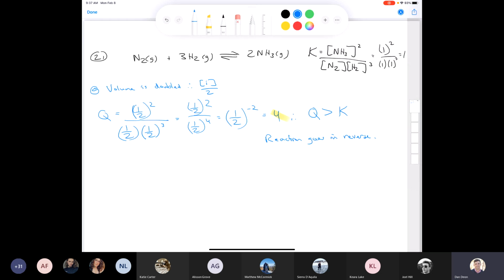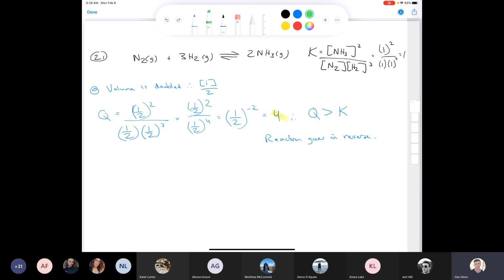There's more than one way to solve these problems. If you're thinking, Mr. Dion, all you had to do was this, man. Look, you got 4 moles of gas on this side. You've got 2 moles of gas over here. If the container is bigger, it's going to shift to this side, right? It's going to shift to the reactants. Well, there's nothing wrong with that rationale at all. I taught you that, okay? So either way it works, but the question